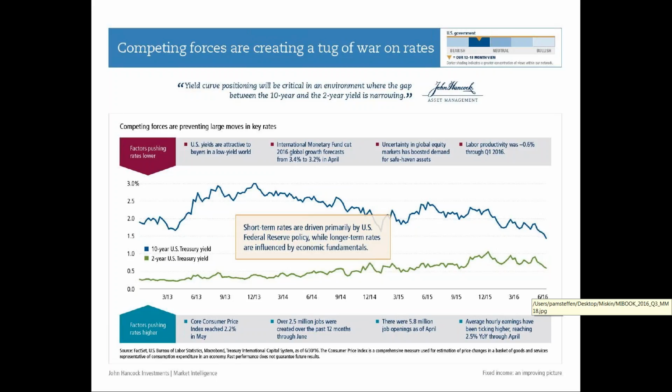And what we're seeing is that, again, we're not seeing rates moving meaningfully higher. And the reason why is we're seeing factors that are pushing rates down and factors that are modestly pushing rates up, but they're not pushing them meaningfully higher. So some of the things that are pushing rates down. One, U.S. bonds look great relative to other bonds internationally that are negative yielding. So people are drawn to U.S.